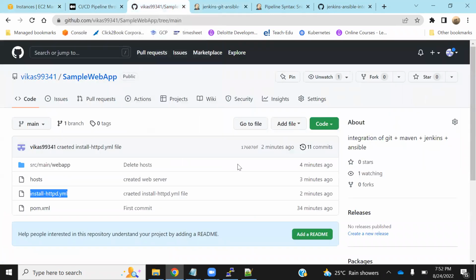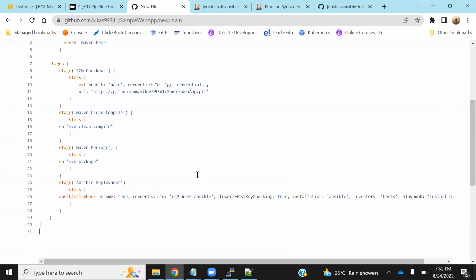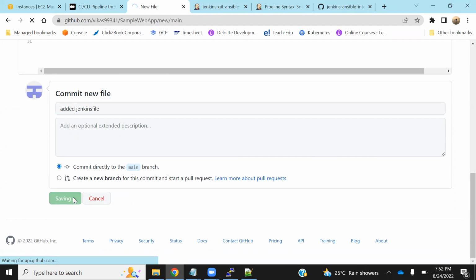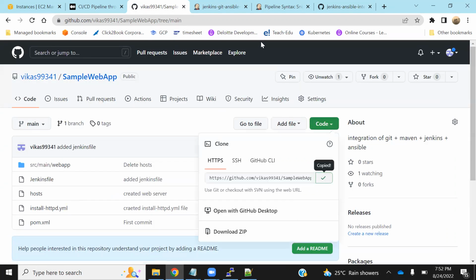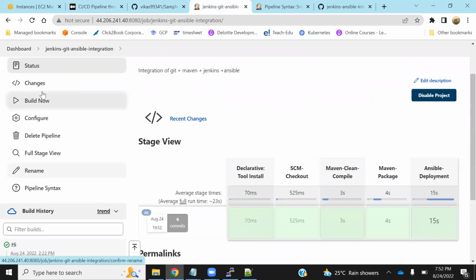Now I can come back here, add a file, create a new file, say Jenkins file, give the same piece of code, say added Jenkins file, create, take this URL, come back to this guy, go back here, configure,